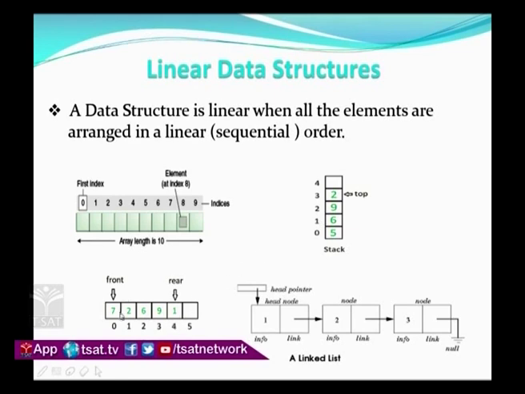In this queue also, there is one predecessor and one successor, with no predecessor for the first and no successor for the last one. This is the first element and this is the last element. And coming to the linked list, here also, other than the first and last, there is only one predecessor and one successor. So these are linear data structures. These are the four different types of linear data structures.